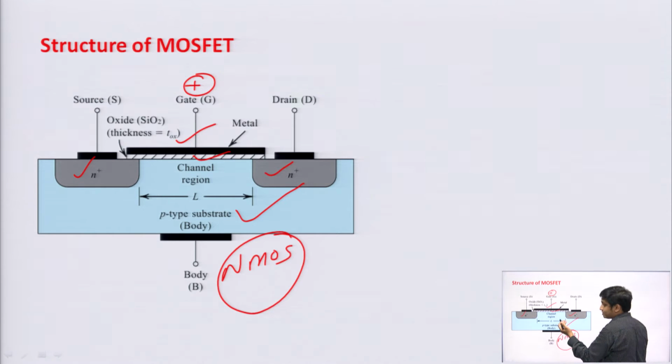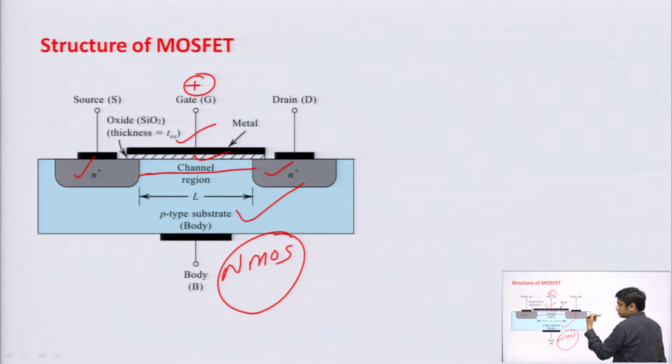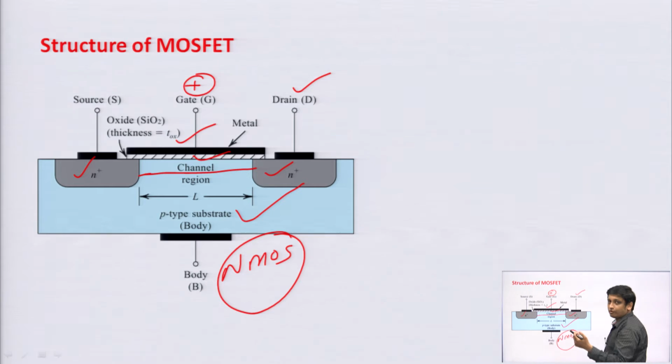The voltage at which the channel is induced is called threshold voltage. And when your channel is induced, only then current starts flowing. That channel acts as a bridge between your source and drain. If there is a channel, only then can electrons flow through this channel and current will flow. And then we apply the positive voltage at the drain terminal for proper operation of the MOSFET in linear region, in saturation region.